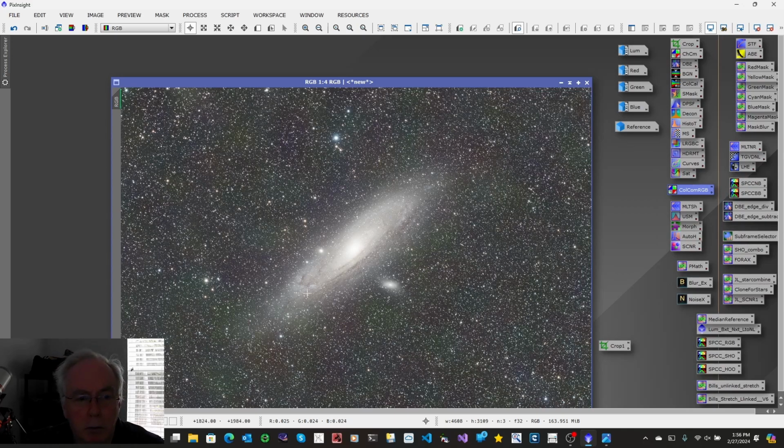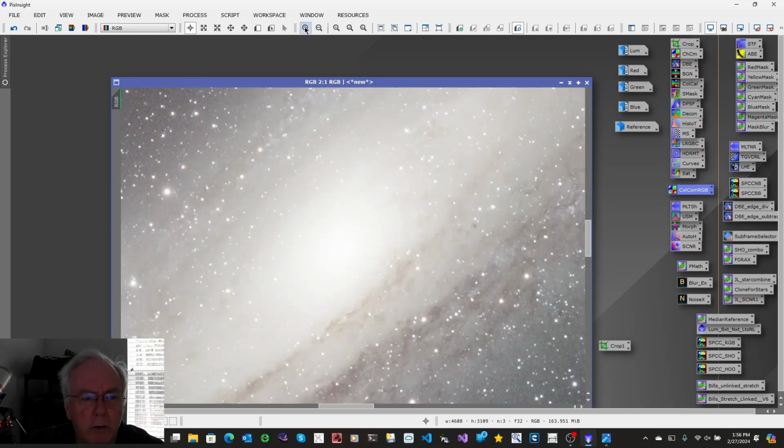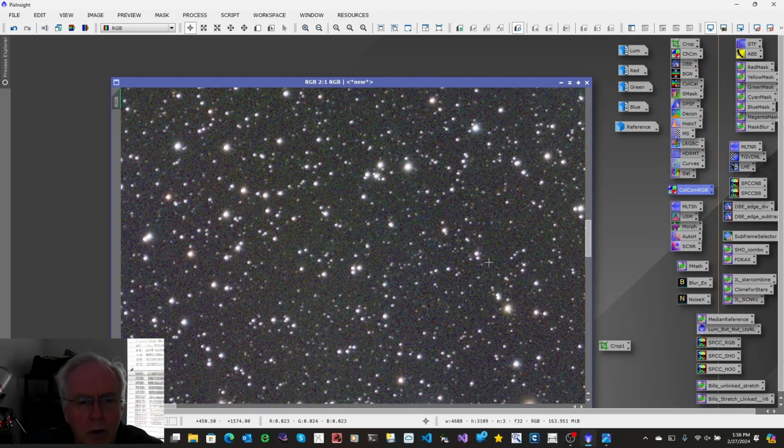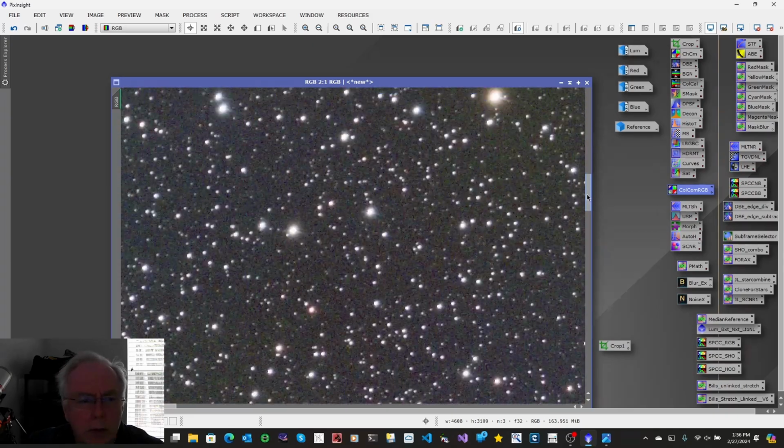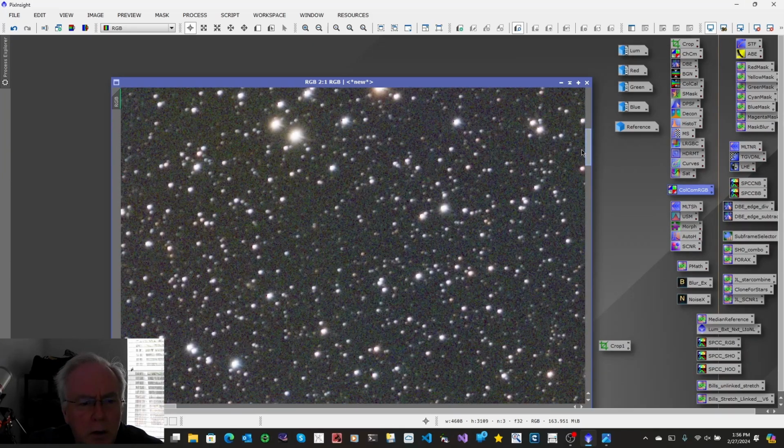One of the things that we're going to need for background neutralization is where we take the background and make sure it hasn't got any particular color cast. So we're looking for it to be a constant, neutral gray. That's why it's called background neutralization. All right, so let's go into this and see if we can find an area we can use as our background reference. Not very many spots, but